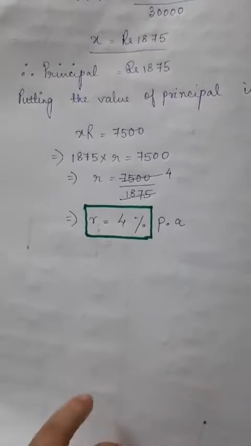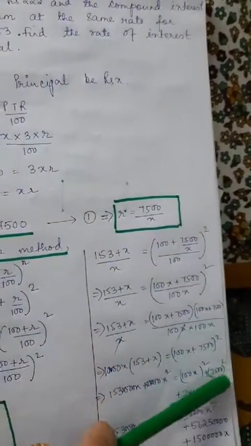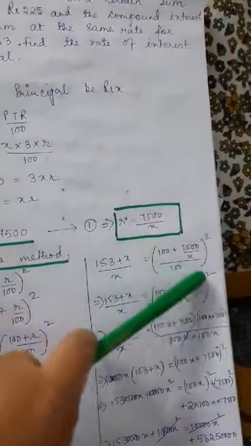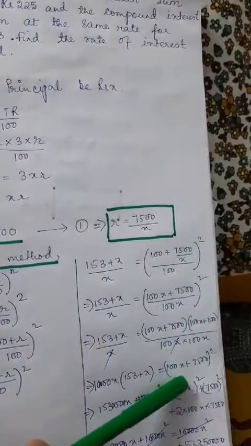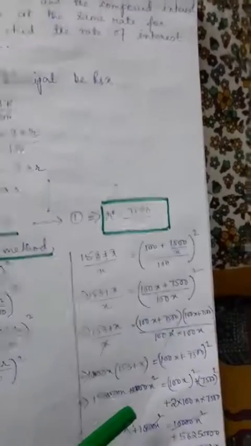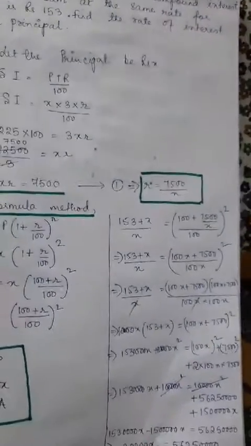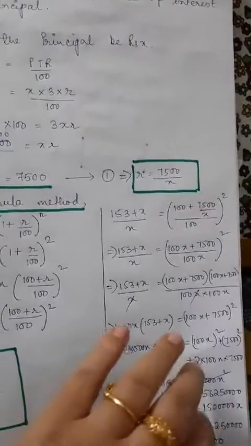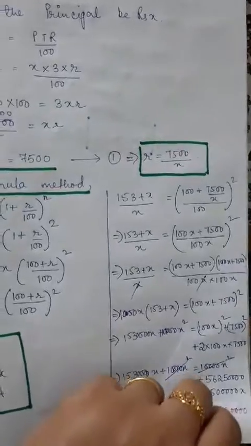Go through the sum very carefully. Go through this portion actually very carefully. Why I have done this and what is the calculation. This is a complicated calculation. A very complicated calculation. I have used the formula of a plus b whole square, then cross multiplication, cancellation of the equal terms, and then finally finding out the value of x. Go through this portion again and again. If you have any doubts, let me